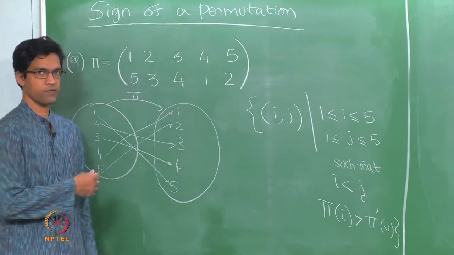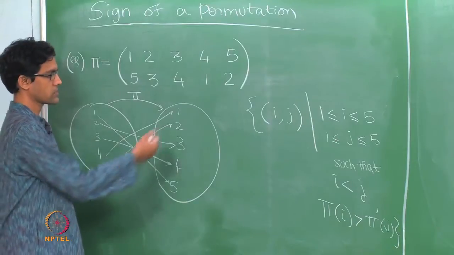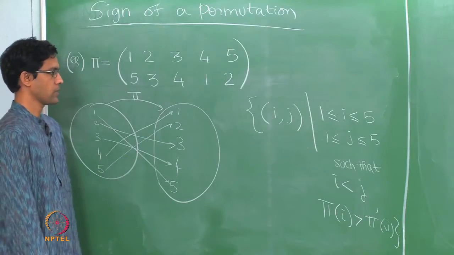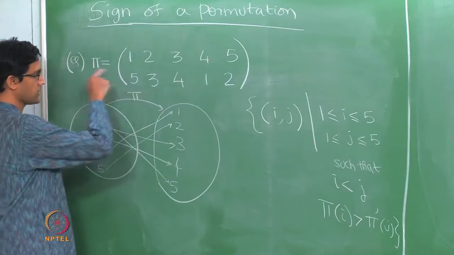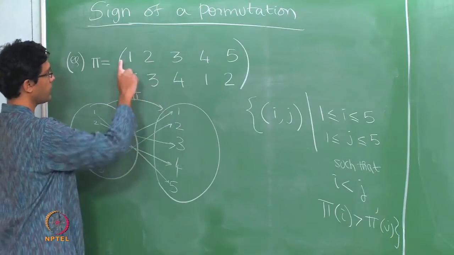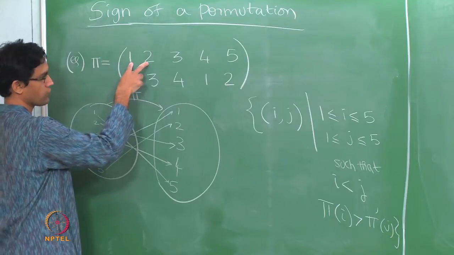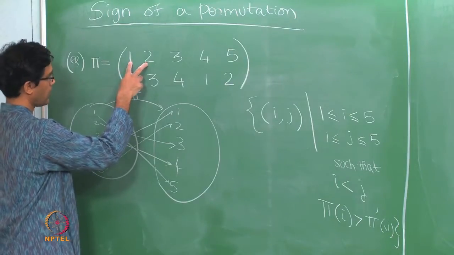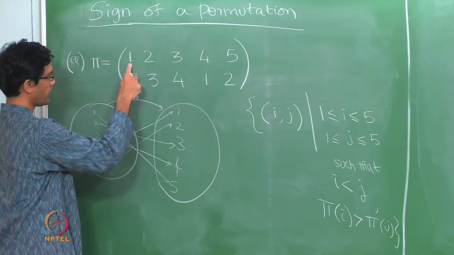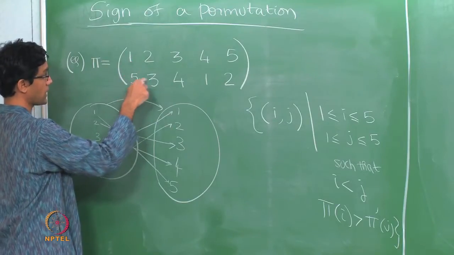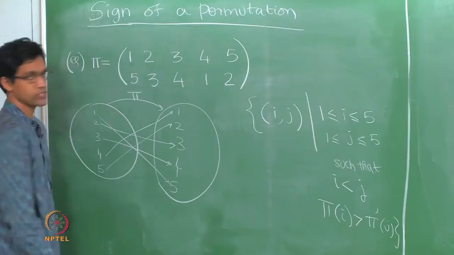Okay. So given a permutation pi, here is a set that one can naturally consider, which is you scan the list and you look for all i and j. So entries, for instance, in this example, look at 1 and 2. i is 1, j is 2, i is smaller than j, but pi of 1, which is 5, is strictly bigger than pi of 2, which is 3.